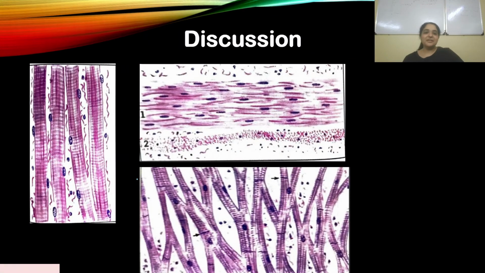See what we have here. We have 3 different diagrams. I would suggest you pause the video. I'll tell you which each is. This is what the actual muscle looks like. But I would suggest you pause the video and let me know in the comments if you were able to guess which muscle is which. All right. So over here, can you guess this one?